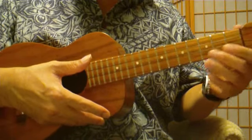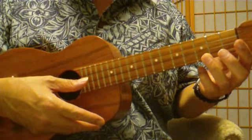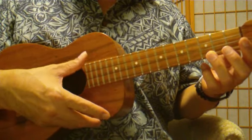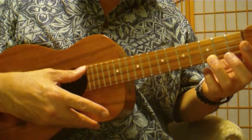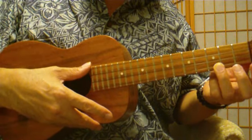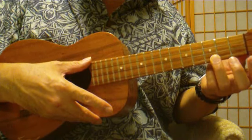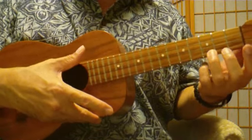This next strum that I'm going to introduce to you, and that we'll be covering in Beginning Ukulele 2, is the one strum on the one beat and a light strum on the third beat. Okay, so it's just on the third beat, it's just a light touch or a light strum. Usually the top one or top two strings. So it just sounds something like this: